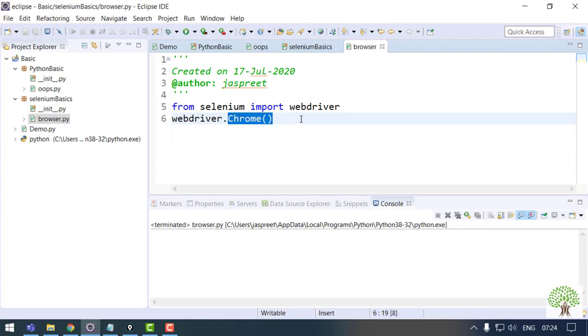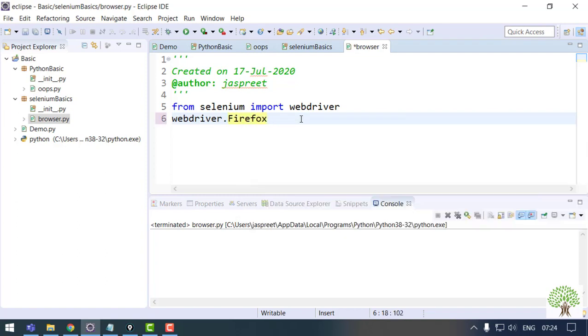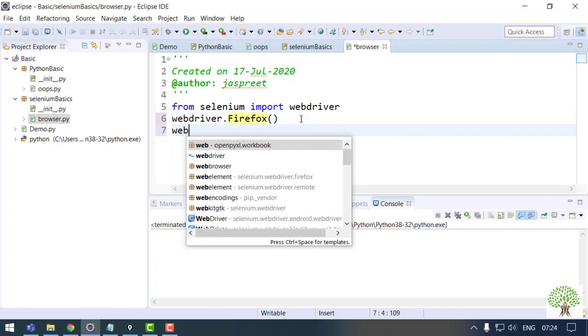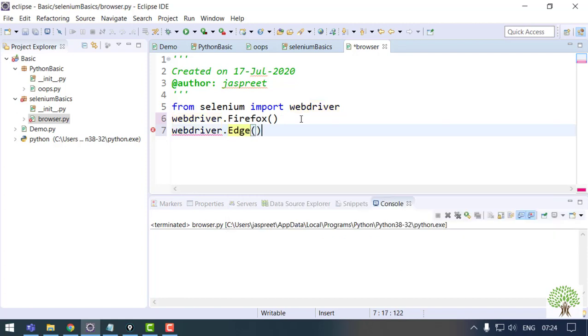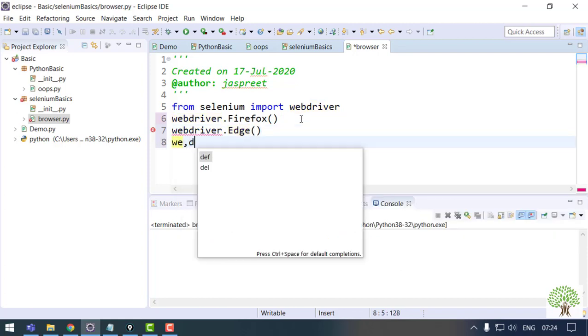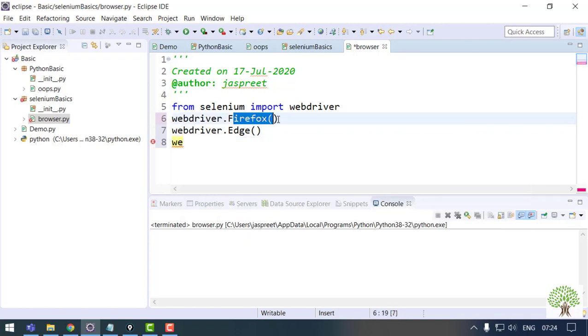The same way I can open Firefox browser, I can open Edge browser, IE, anyone. But to open these, there are some requirements that we need to have in our systems.